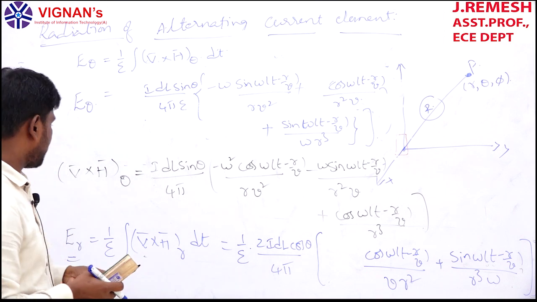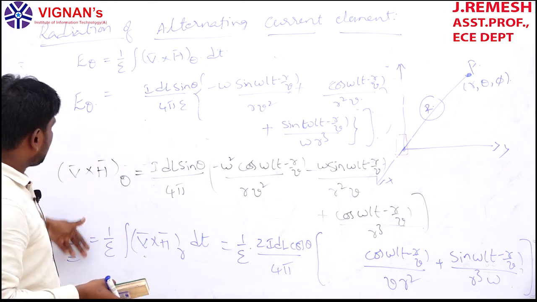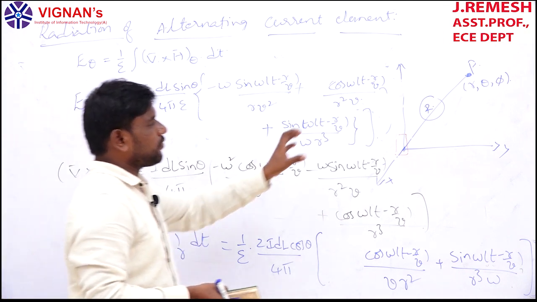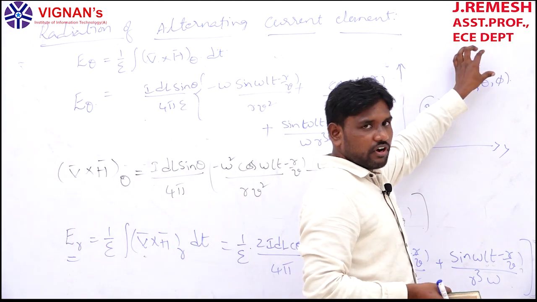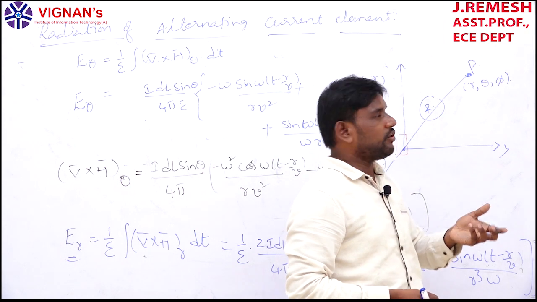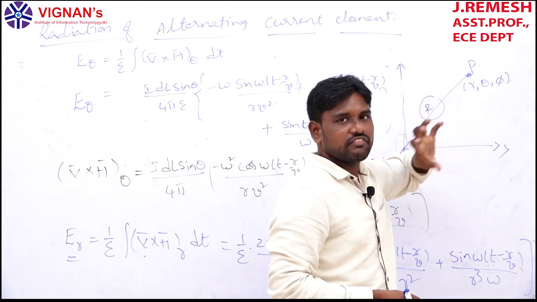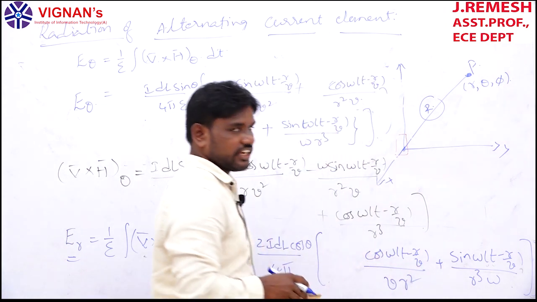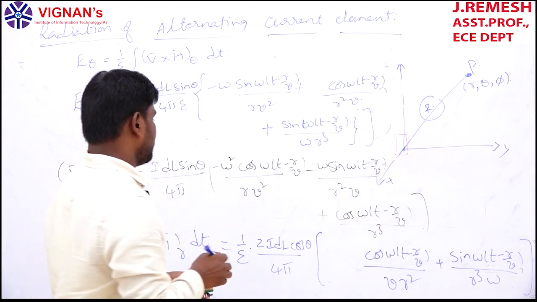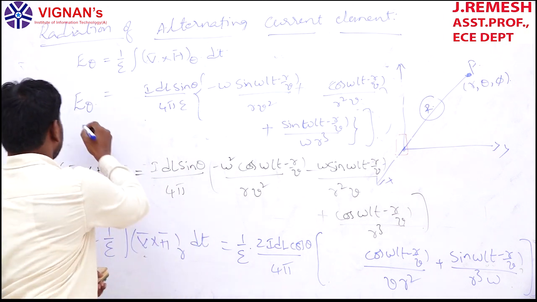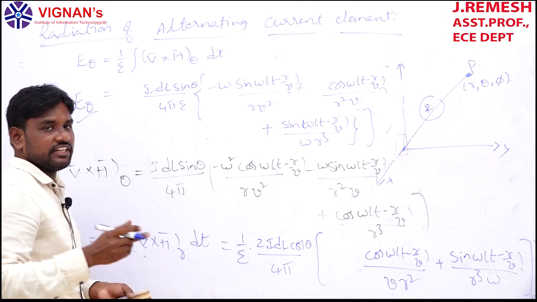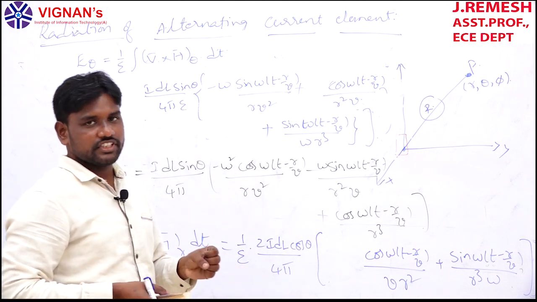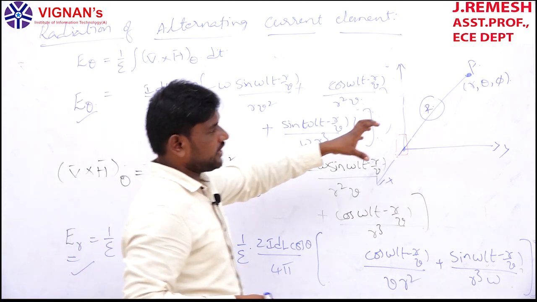So now we got our two terms, one is E r and E theta. So far what we derived at this particular point P is how we are going to get the electric field components and the magnetic field components at that point. That means finally we derived the three components: one is E theta, one is E r, and another one is H phi, which we discussed earlier. So these three components we got at that point P.